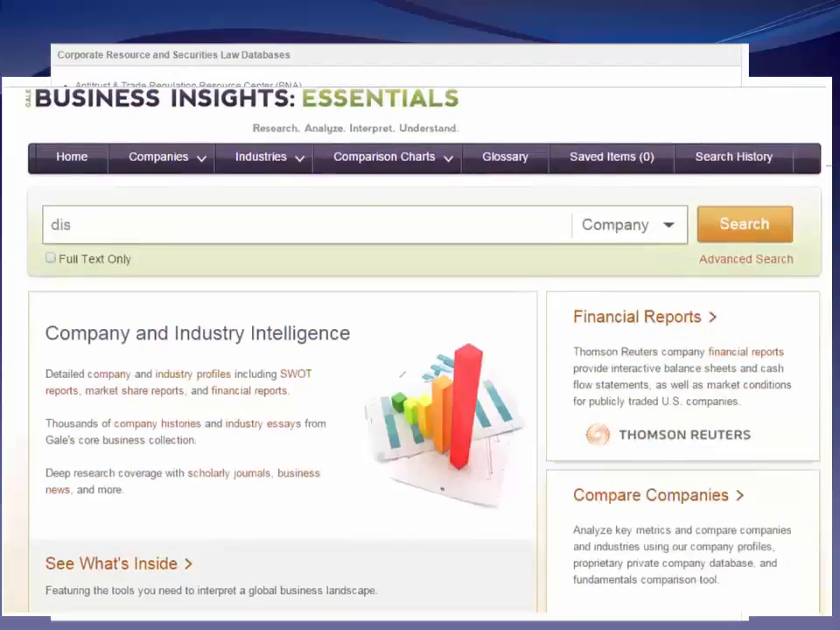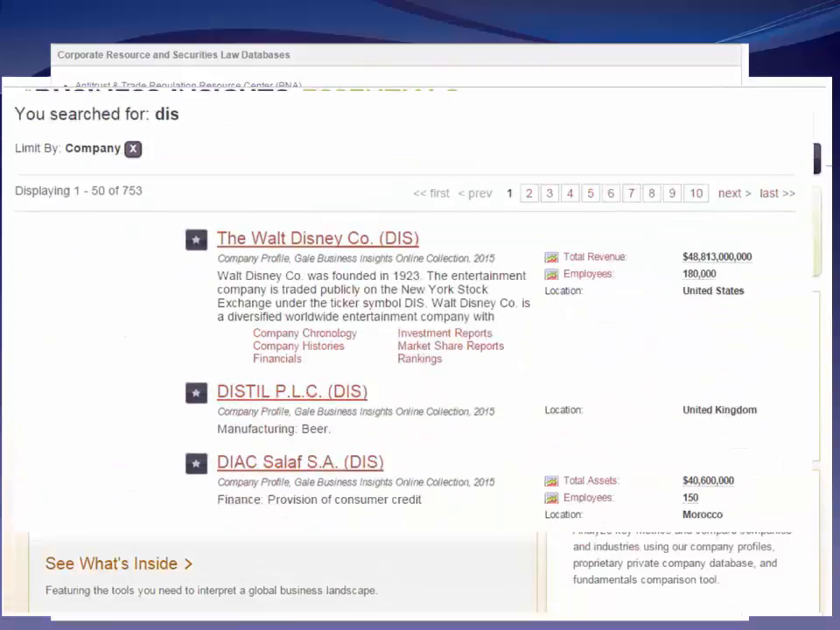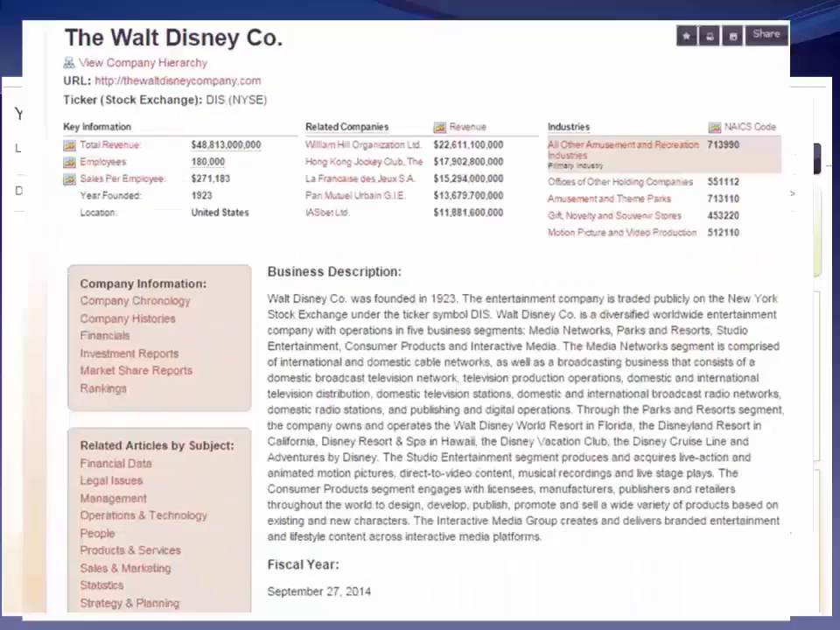Once I go to Business Insights, this time I'm going to put in the ticker, DIS for Disney, and then search. It's going to pull up all the information that it has about Disney. You can see right here, if I want to just take a quick look, is that high level information like was available to me on Bloomberg Law: the history, the chronology, investment reports, rankings, etc. Or I can go ahead and click on the name link, and then it's going to pull up,